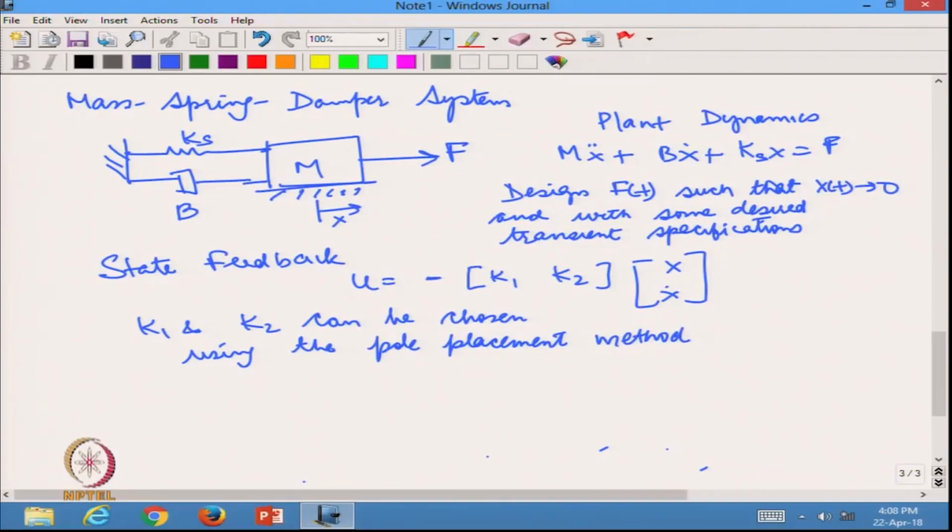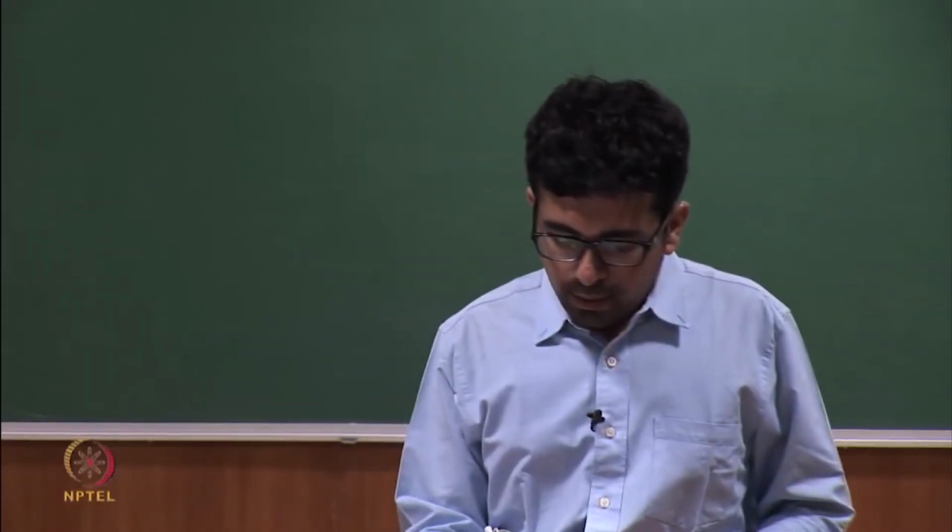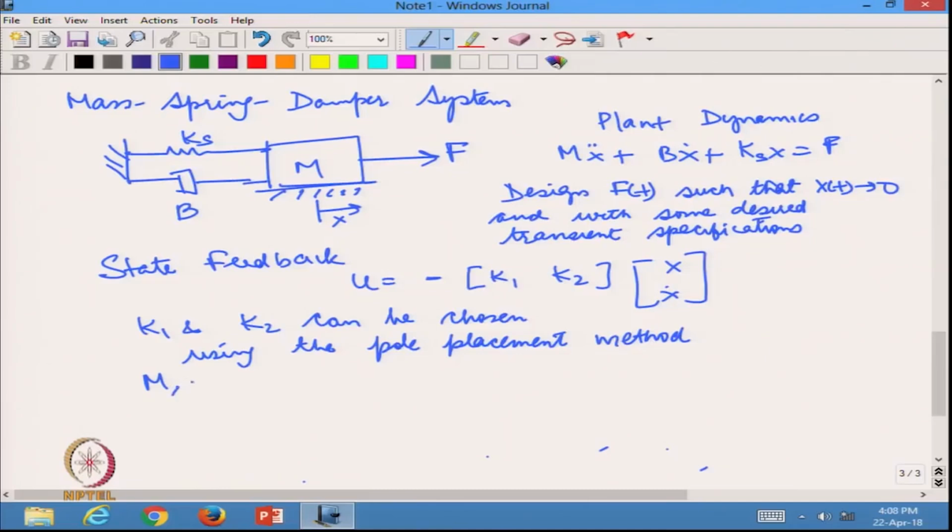Now, an assumption that we are making here is that all the parameters of the system m, b and ks are known, right, and using those parameters we use the pole placement method to come up with k1 and k2